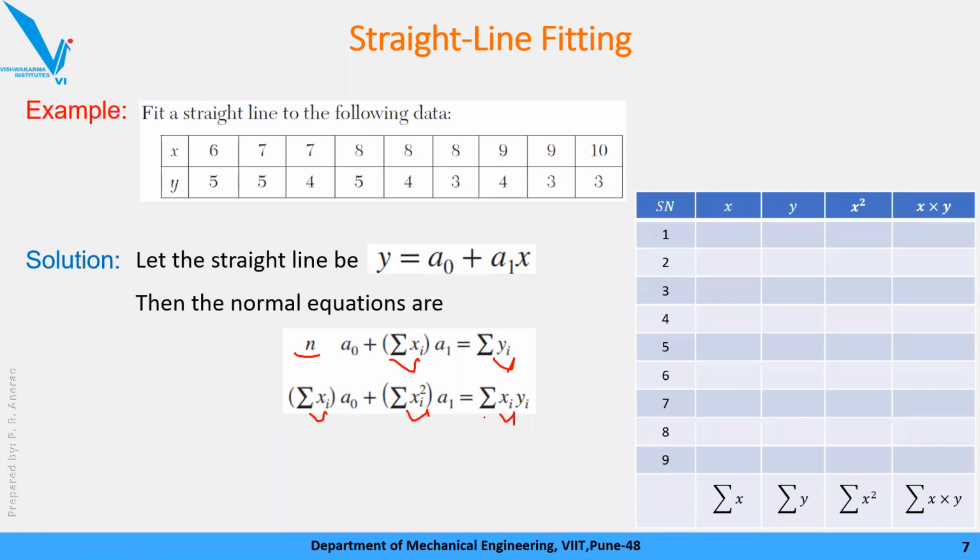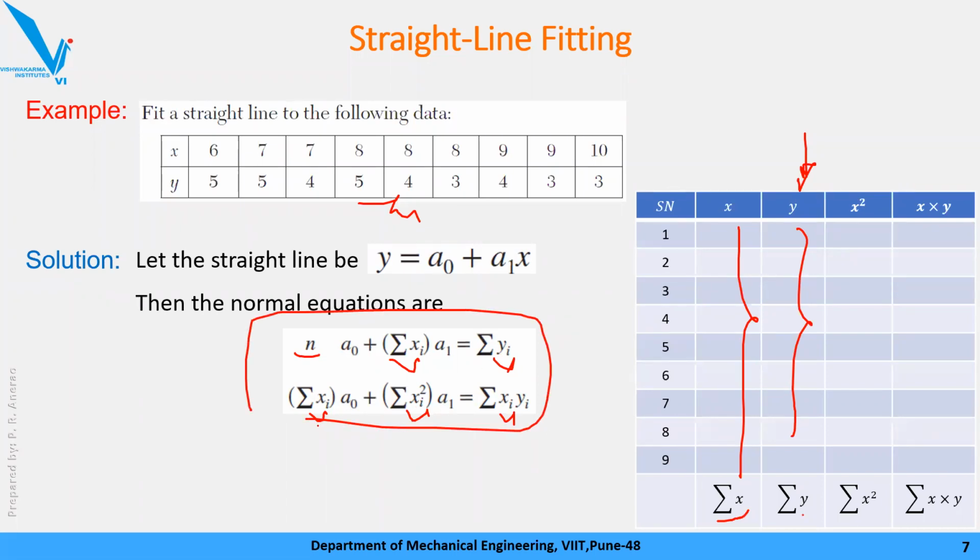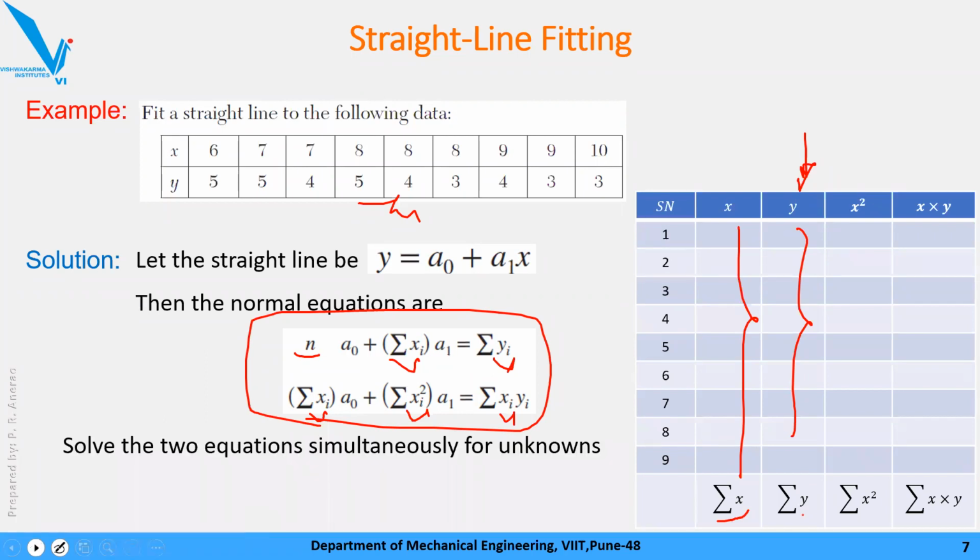Okay, so prepare one table, x, y, x square, and last column will be for x into y. और ये सब डेटा अभी जो मैंने ओरली यहाँ पे दिखाया आपको, that you will do in the table format. At the end you will write summation of x सबका total, summation of y सबका total, and so on. And then using your calculator आप क्या करोगे, ये दो इक्वेशन सॉल्व करोगे and you will get the values of a0 and a1. Okay, so try to do this.